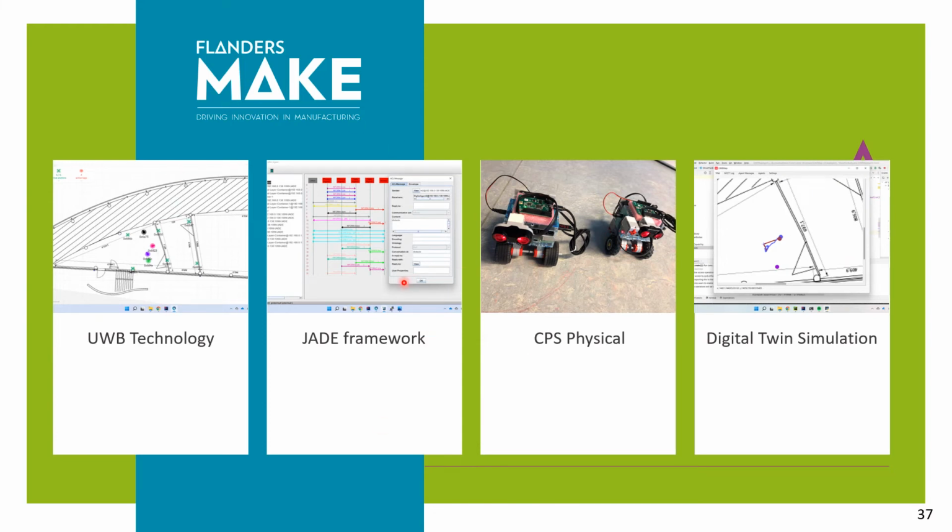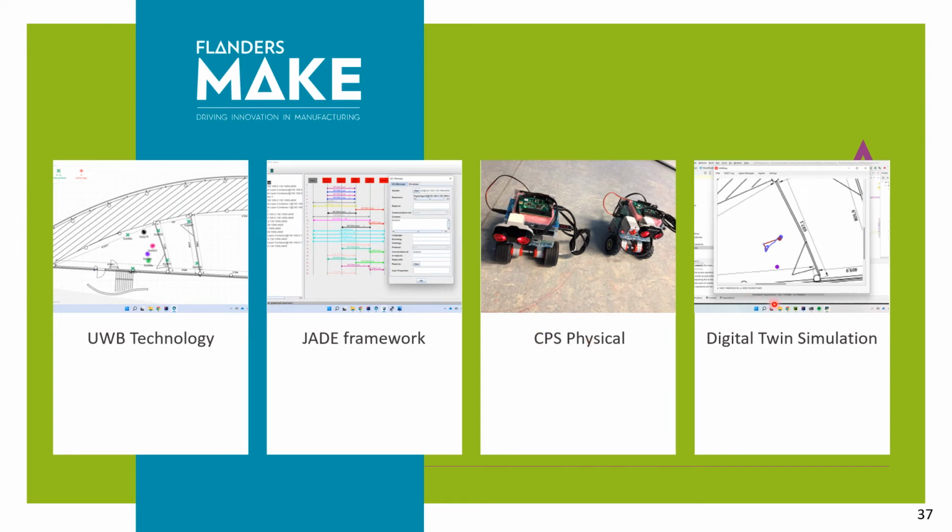As a recap, we are showing the different user interfaces and functionalities provided by the MADTwin framework. For example, here we have used the ultra-wideband technology user interface, where the tags are shown in the map. And of course, we have used the Jade framework and the sniffer to show the messages exchanged and communicated between agents. And of course, we have the cyber physical system with the ultra-wideband technology and ultrasonic sensors to detect